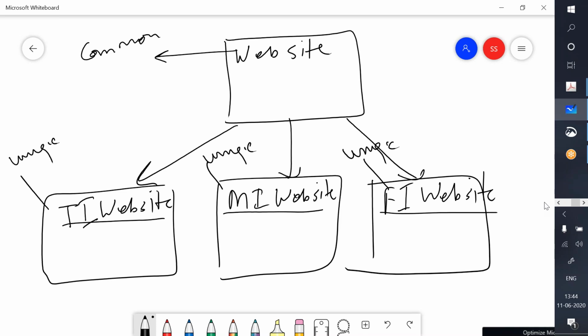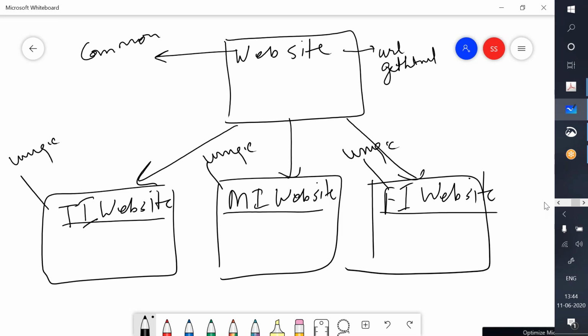Now, the common functionality can be variables and methods, like all the websites have a URL. Then all these lower websites, technical, medical, or financial institutions, may need to get the HTML associated with that website.